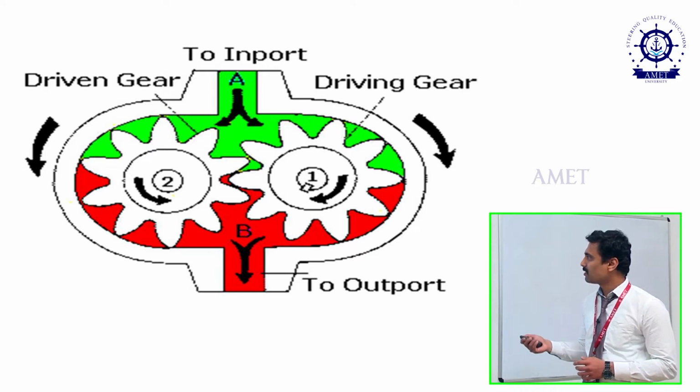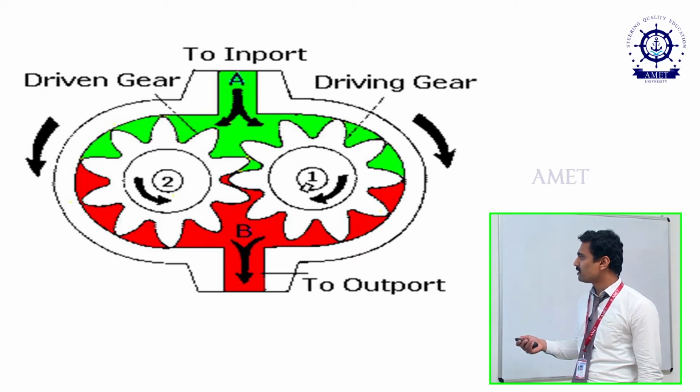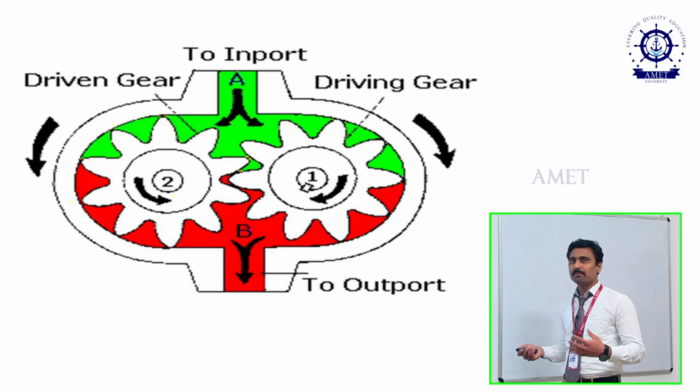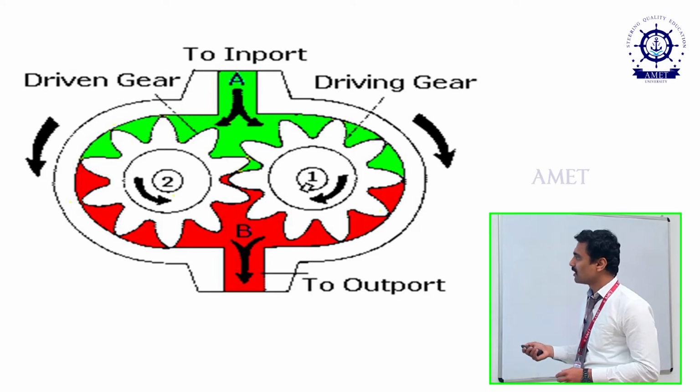Here is a cross section view of an external gear pump, and here we have two gears. One is the driving gear and the next one is the driven gear. The driving gear gets the power from the motor and rotates. Because of this driving gear, the driven gear also rotates. This is the basic concept of an external gear pump. The outer portion is called the casing, which will prevent the oil